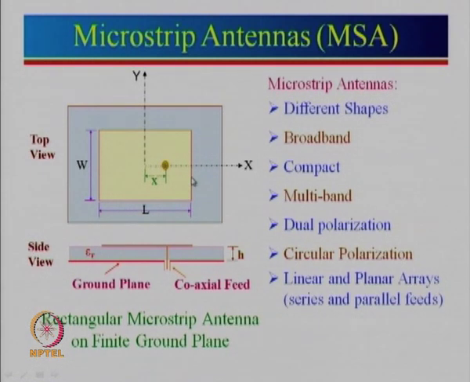So, impedance will be V divided by I. So, impedance will be very high. Over here along the center line, voltage is 0, current is maximum. So, impedance will be 0 here. So, along this central line, the impedance will be 0 here, and impedance will be maximum at the edge. Then we can find a place where the impedance will be 50 ohm, and then we can feed with a coaxial feed. It is just one of the types of feed.